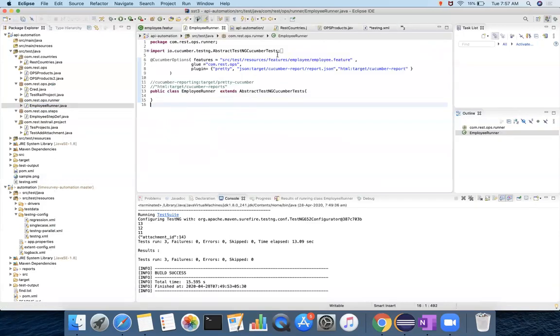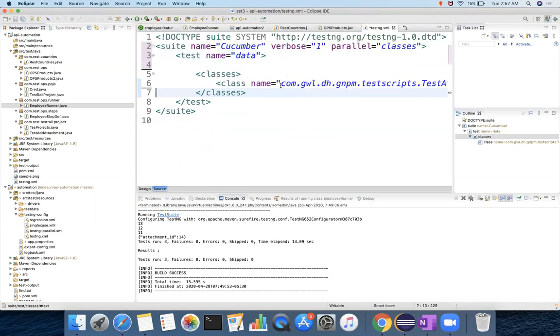What is the package we have? com dot res dot essential, like you have this.